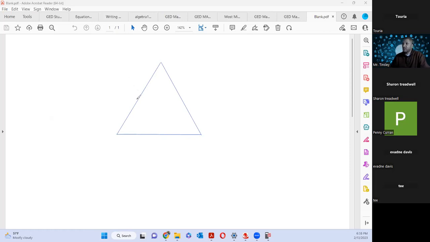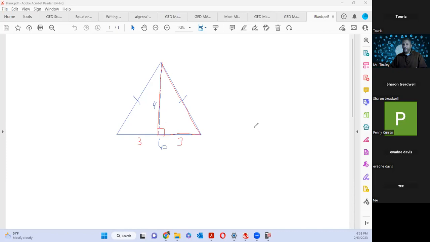So we have an isosceles triangle. Those 2 tick marks mean both of those sides are equal. We said this was 6. Because we knew the area, we found that the height was 4. So what I need you to see is this right here. We have another triangle inside of the bigger triangle. Can you see that? Since that base was 6, this side is 3, and this side is 3.